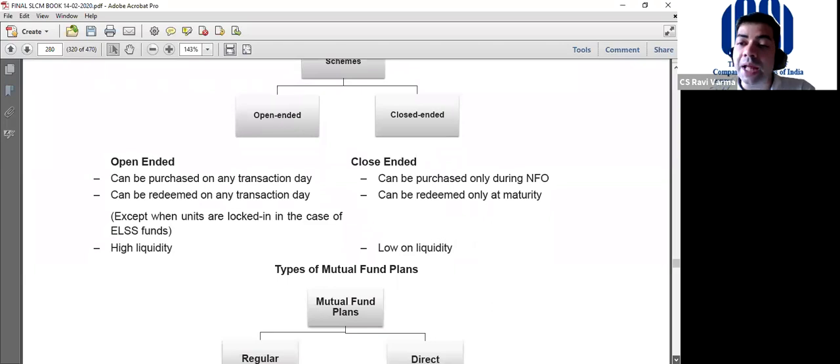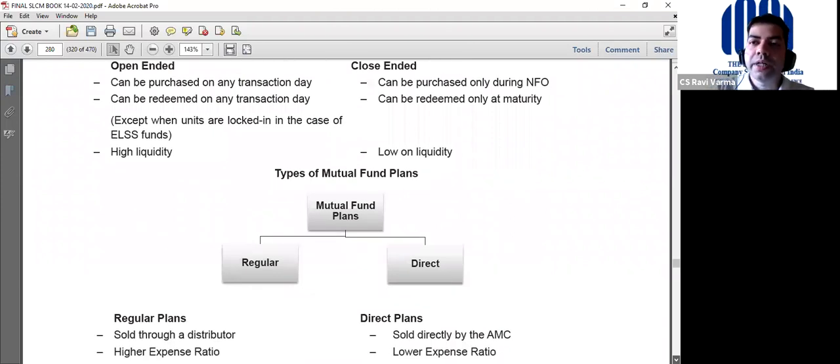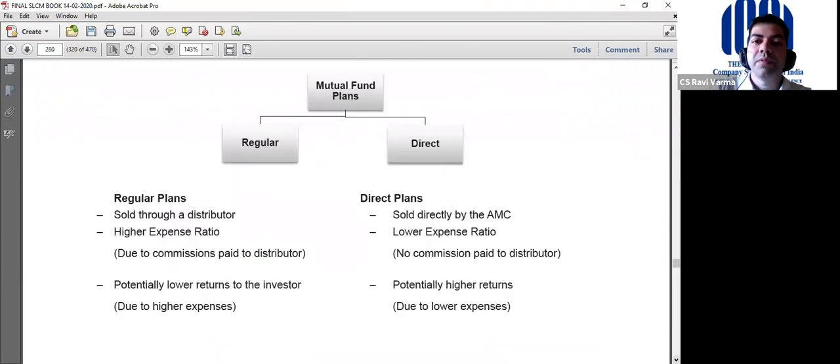Similarly, mutual fund plans are there. See, again, there is a difference. Many times people get confused. They say open-end and close-end is also a plan. No. Open-ended and close-ended are the types of mutual fund. I'll tell you how it is working. And direct plan is that